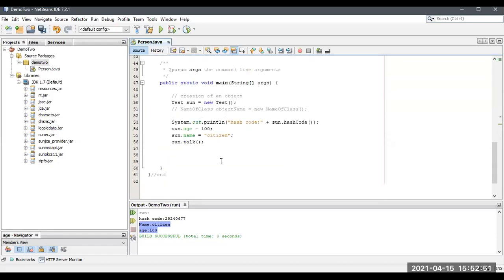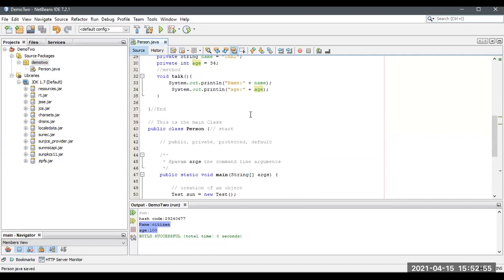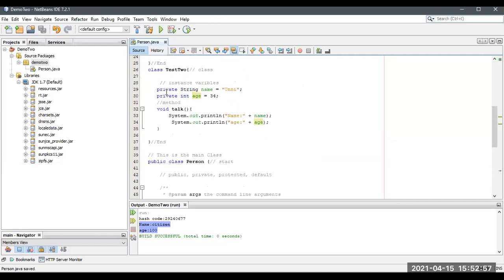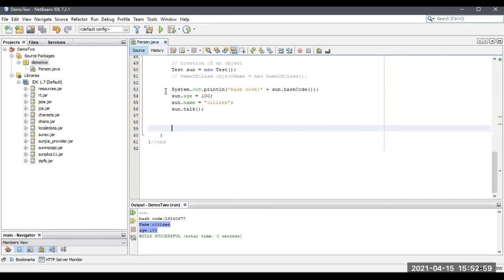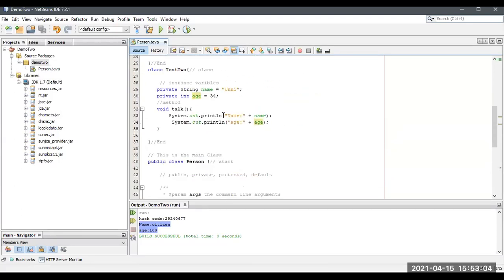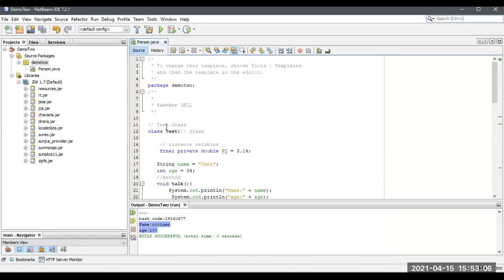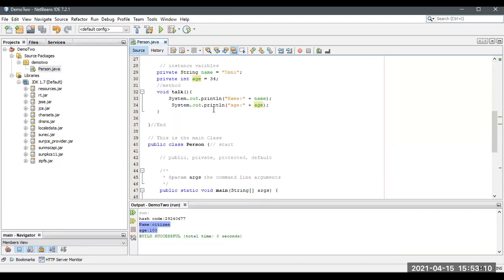I'm having a private variable over here. Why is it not showing any error? Because it is inside the same program. That's why it is not showing an error.